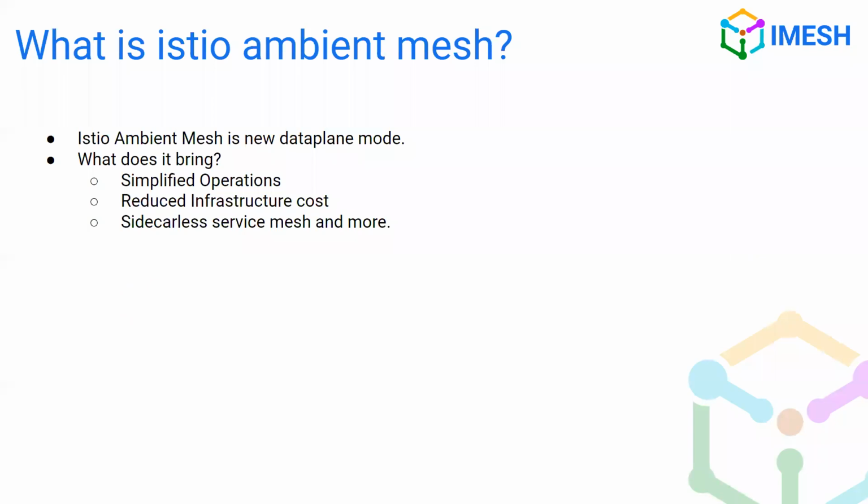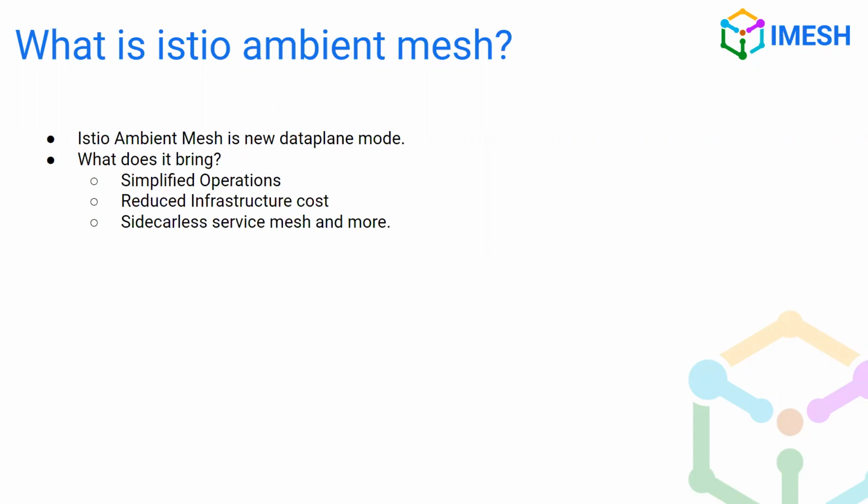So first, what is Istio Ambient Mesh? As we know, Istio is a service mesh, and the default Istio service mesh works with sidecars, which we'll be covering in detail in the next slide. Coming to ambient mesh, it is a new data plane for Istio which has no sidecar. In the default Istio, we know it has sidecars. A sidecar is a proxy based on Envoy, and it is attached to each of the